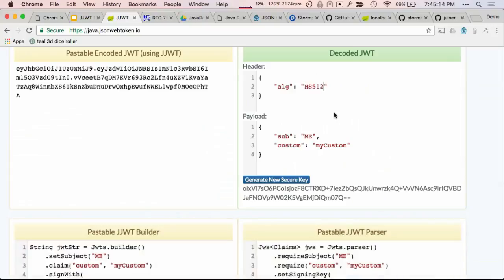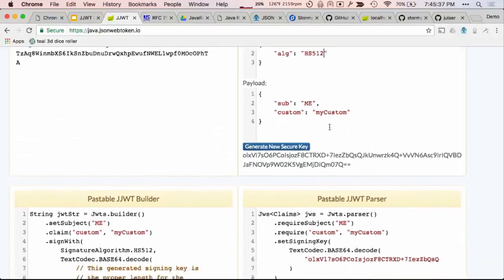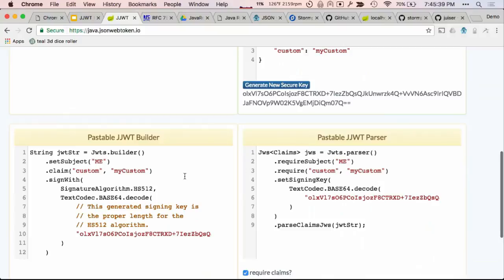And by the way, with the Java JWT, you can never have a secret that's too long, because if it is too long for the algorithm that you're using, it just wraps around. So you're kind of wasting bytes, but it doesn't hurt anything to have a long key. So err on the side of a long key. Anyway, this is a handy website if you want to see what's going on and get a sense of how the Java JWT works.